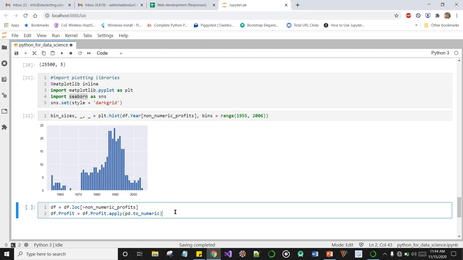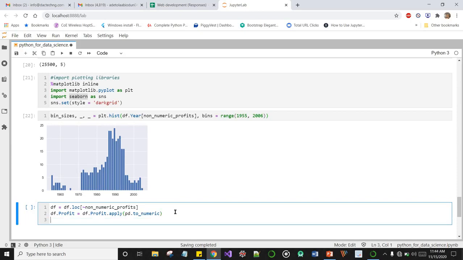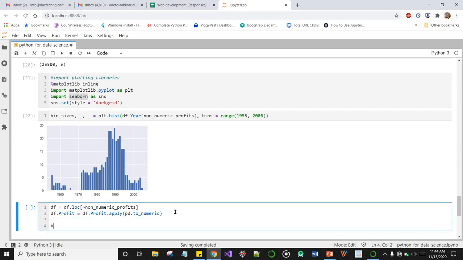So to check, we can now simply check the updated data type in the data frame.